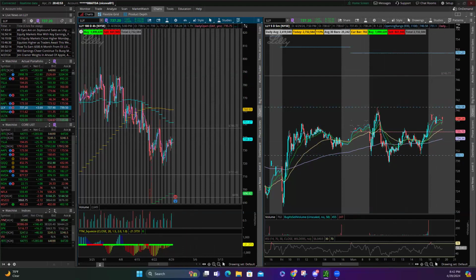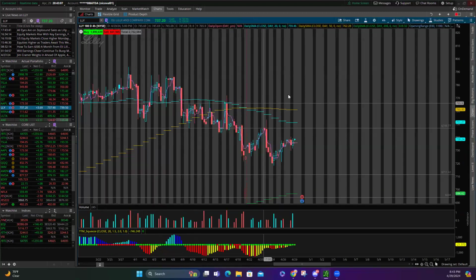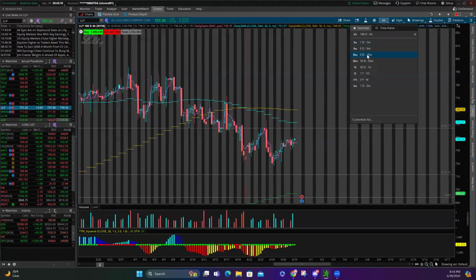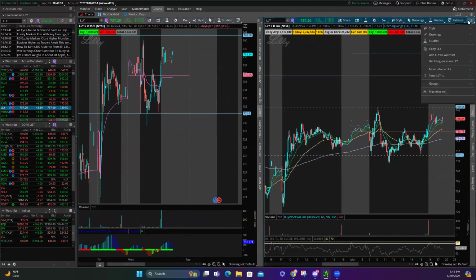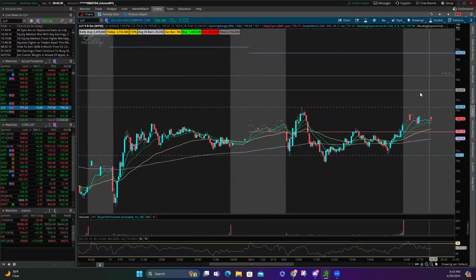VWAP right at the beginning is a bit tricky with the volatility. I love to use it when things settle for a bit. Yes, Rafael, you're right, because one of the things you need to be aware of with VWAP is that it works with the volume. So if you take a little longer and let the chart work, it will give you easier trades and easier signals on when to use it and where to get out.